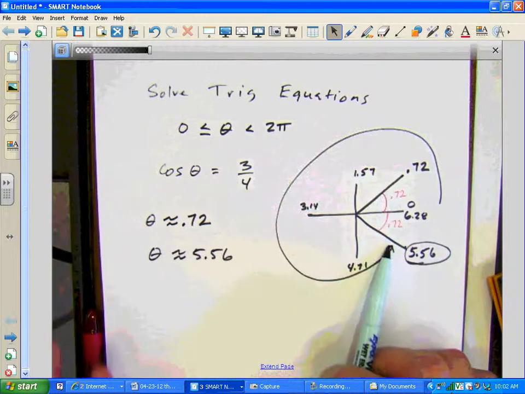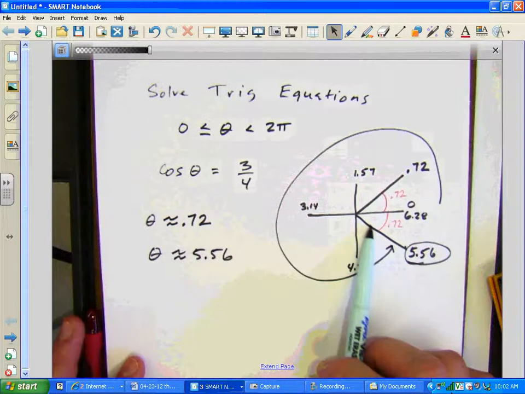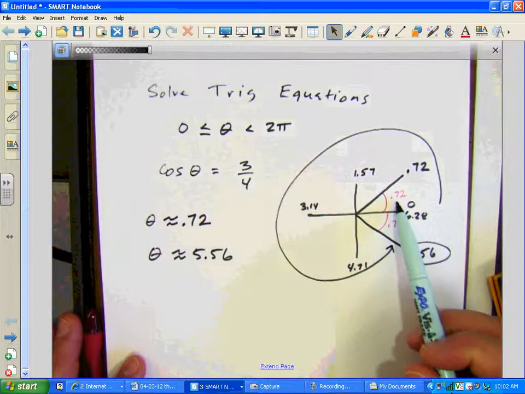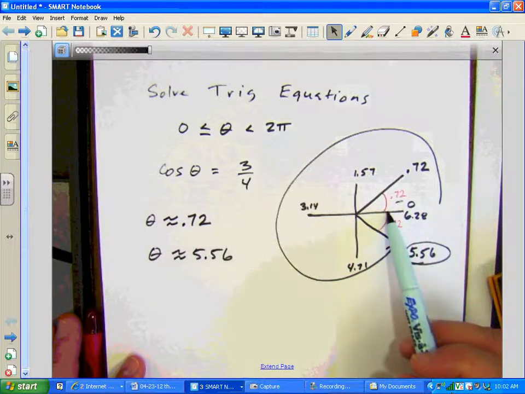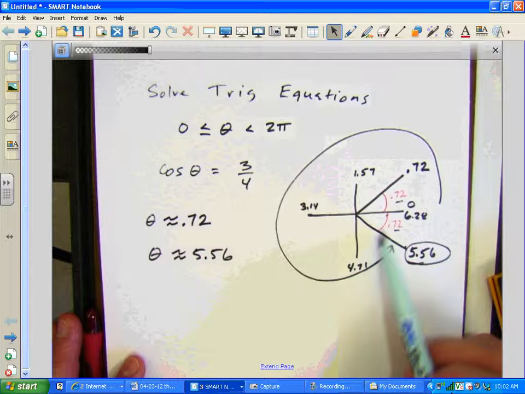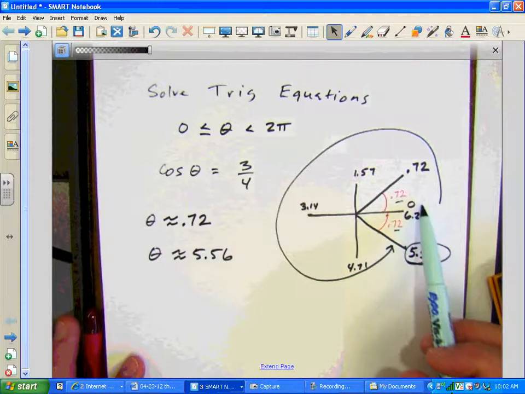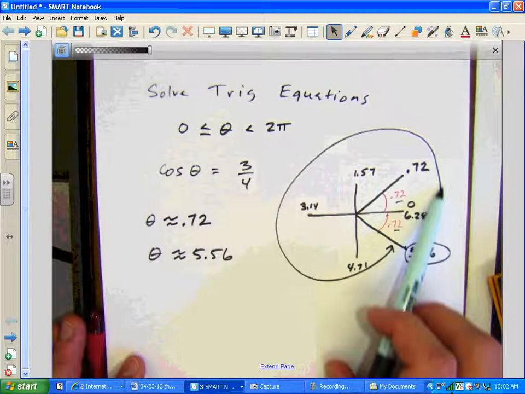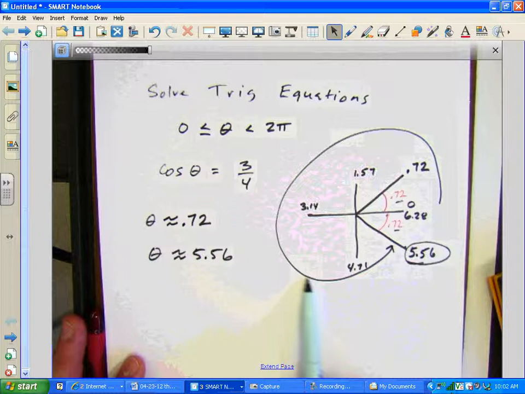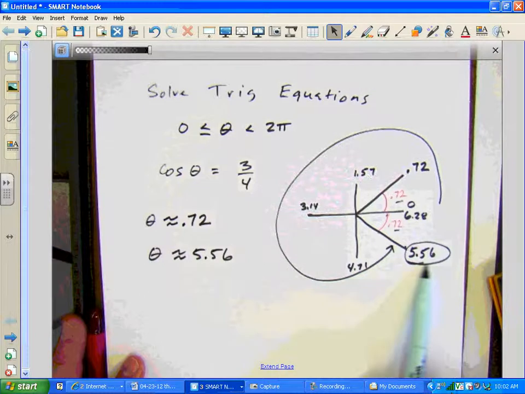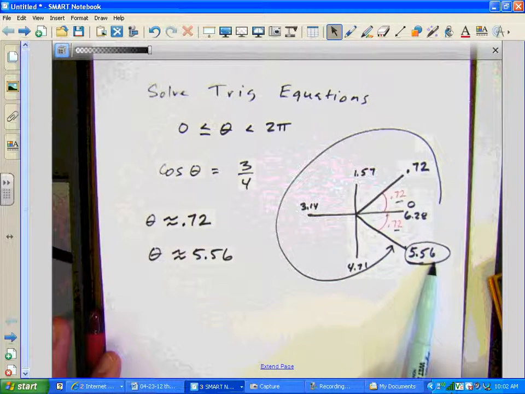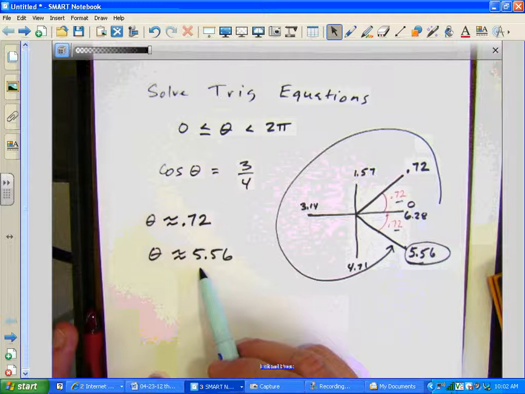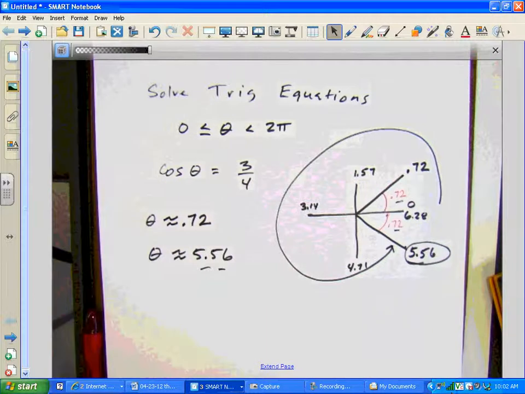When I drew this angle, it would have the same reference angle, and remember the reference angle is always formed with the x-axis. So it's the same reference angle, but in standard position it goes all the way around here, so that had to be 5.56. What people usually have trouble with is coming up with a second answer by having to draw it, because it's really